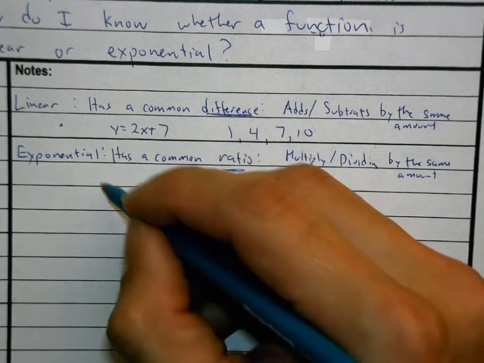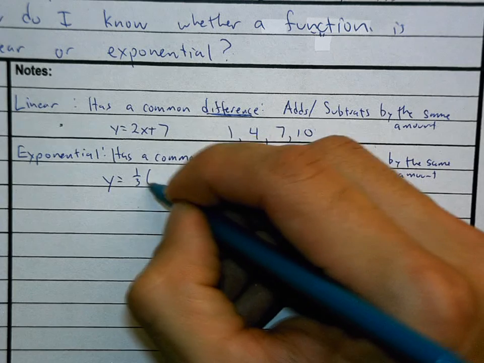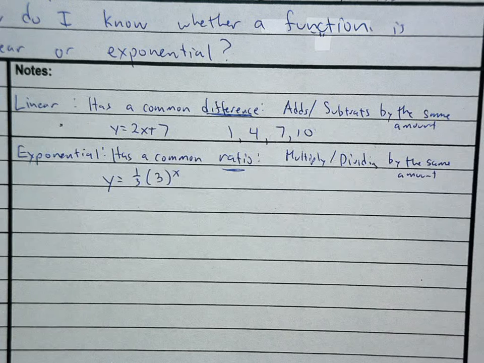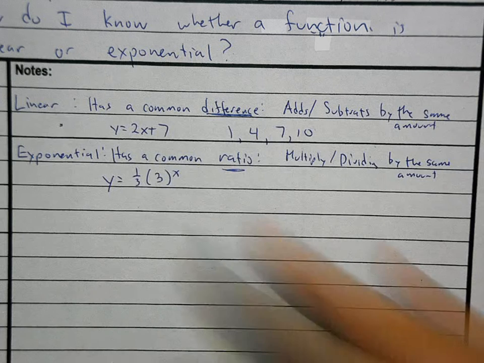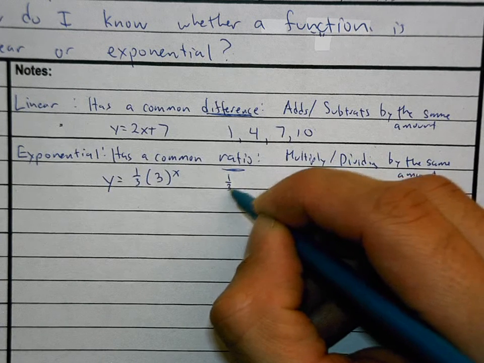For example, here's an equation that is exponential. You're going to learn that numbers like this get bigger and this one's going to triple. So the numbers in the sequence would look like this: